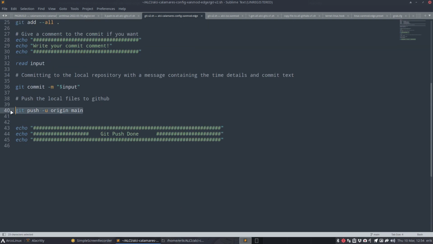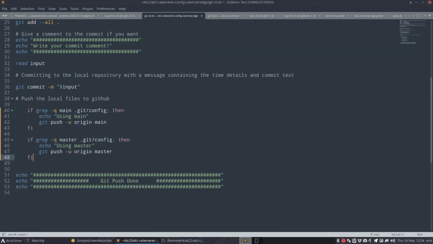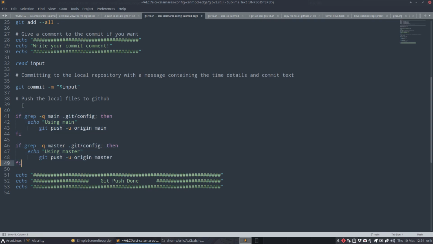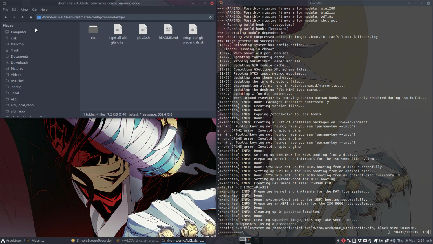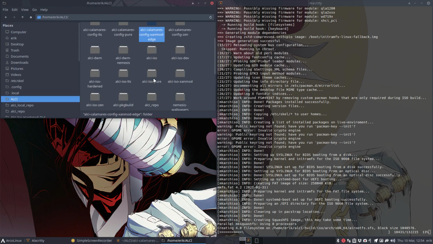I've made a little script here that says if grep, shift tab, if you find the word main somewhere in there, then you use main, and otherwise if you find master, use master, right? That's so much easier. Control C, save. So the two new guys are xanmod